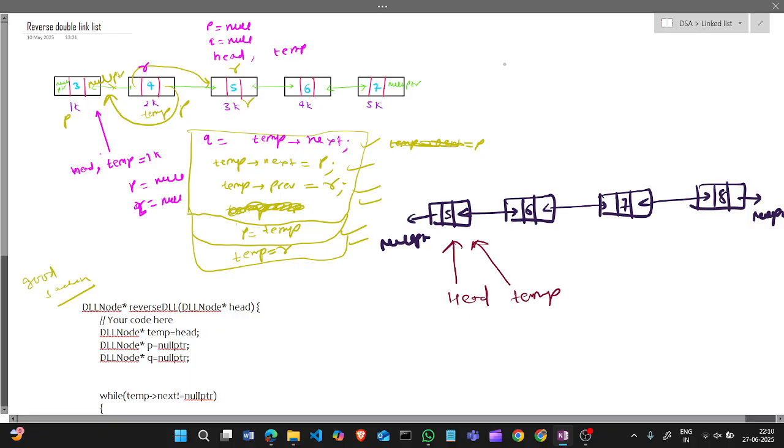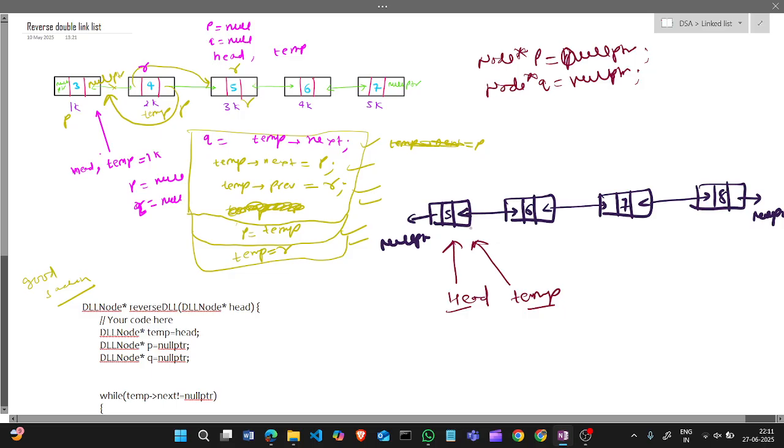Then I will take two other pointers of struct node type: p is 0, meaning a null pointer, and node q is also pointing to null. So we have taken temp, head, p and q as node type pointers.